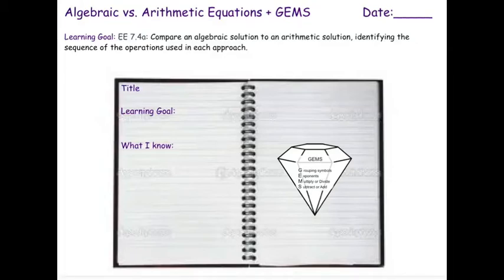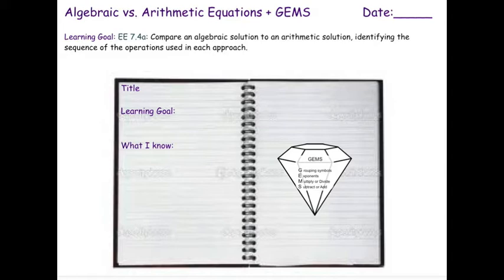Hi everyone, today's lesson is on algebra and arithmetic equations. And we're also going to look at the acronym GEMS in order to solve algebraic equations compared to arithmetic equations. So your learning goal says compare an algebraic solution to an arithmetic solution, identifying the sequence of the operations used